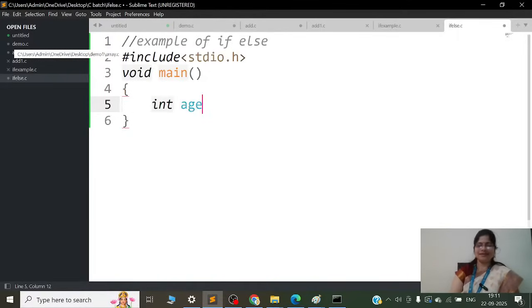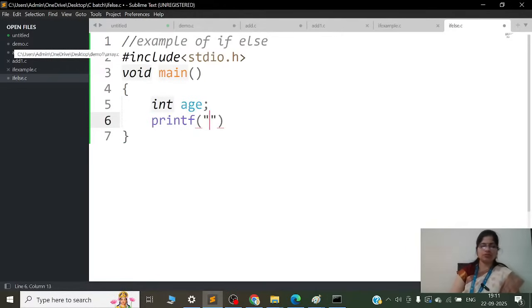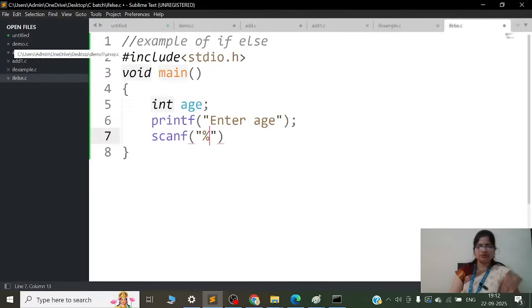So here I am declaring age. So to accept the age from the user, first the message should be displayed, enter age. So to accept the age, we are using here scanf %d,